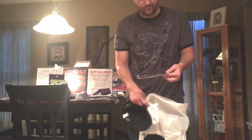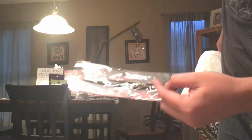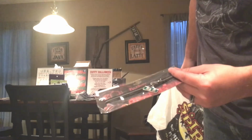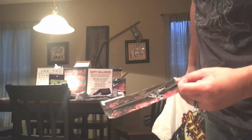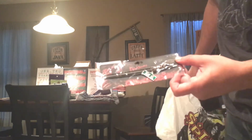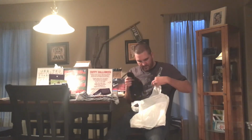And I also got a Nightmare on Elm Street necklace. And it's the Freddy claw, and it's also got the Elm Street sign kind of hanging from it. And this thing here was $12.99. I mean, it is what it is. It's Spirit Halloween, right? And I know I can get these at robertengland.com, and it's much bigger, but I think Robert sells them for like $100 or something like that. But this is just a smaller version of it. So, we got hat, necklace,